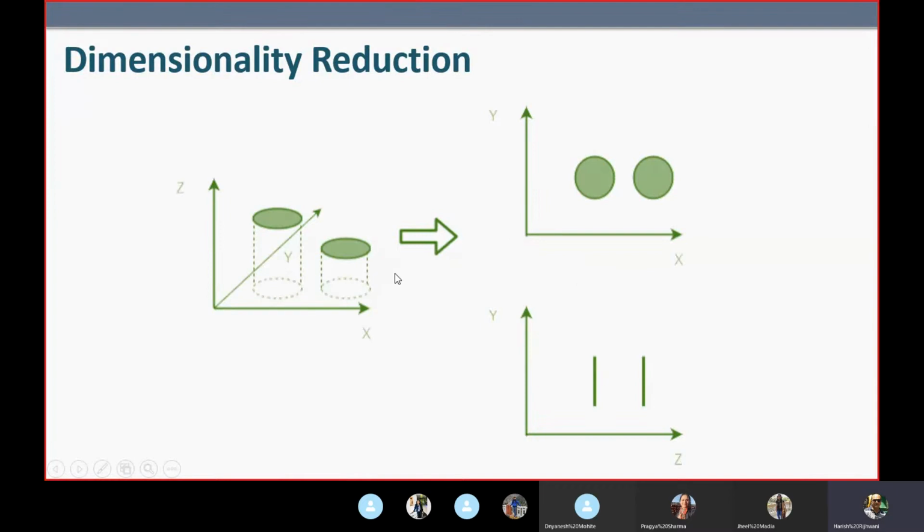Dimensionality reduction is needed because many times you'll have 50 variables, 60 variables, 100 variables, which is not possible for you to use practically. That is why you'll have to use something called dimensionality reduction, wherein you're reducing the number of variables. There are algorithms for that. PCA, Principal Component Analysis, I think that's one of the algorithms.